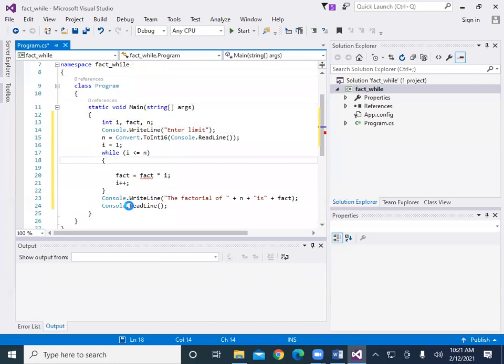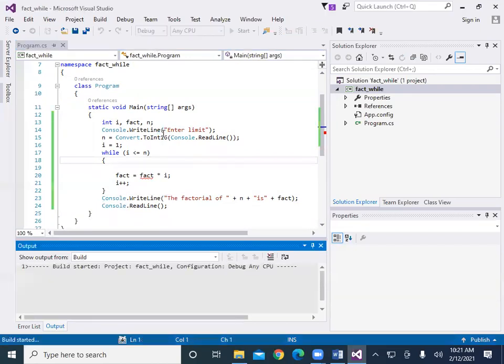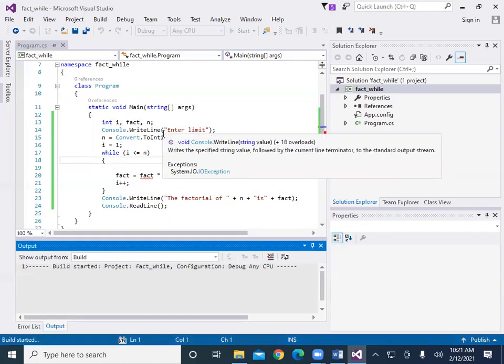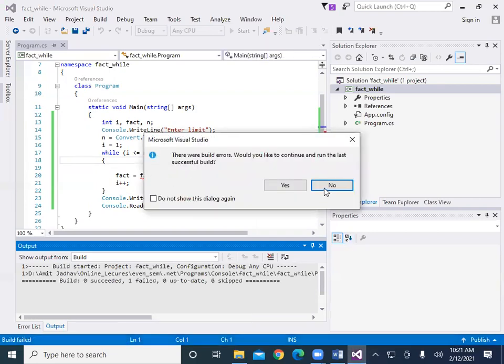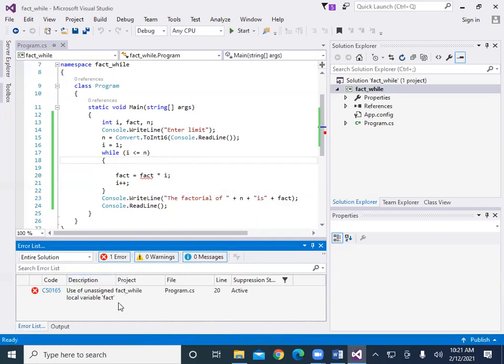Let's run the program. Takes some time. Yeah, here we get some error: use of unassigned local variable fact.